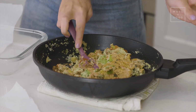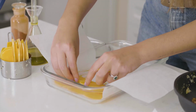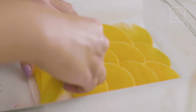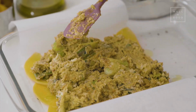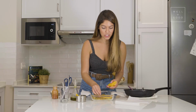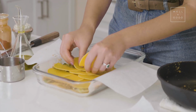All right, so I'm gonna start by setting 1 layer in the bottom. I'm gonna start with 1 line, putting 1 on top and the other one next to it. And I'm gonna repeat the same thing until I have all of them layered down. Okay, so the bottom layer of the squash, I drizzle it with a little bit of olive oil, salt, and then I put all the filling on top. And now I'm gonna put my last layer of squash, the same thing that I did in the bottom, we're doing it on top. And then we're gonna finish it as well with a little bit of olive oil, salt,